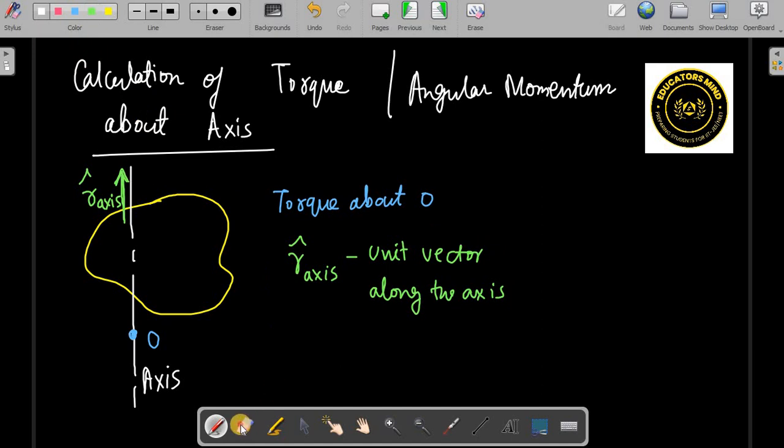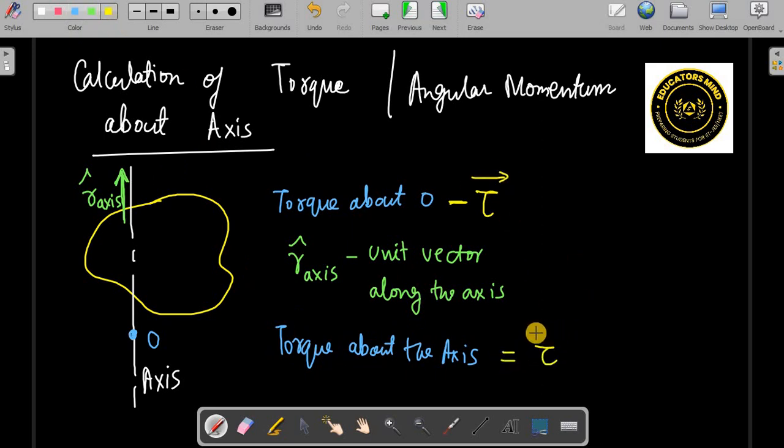So torque about O is, let us say, tau. Okay, this is tau. Torque about O is tau. Now the torque about the axis can be calculated as,